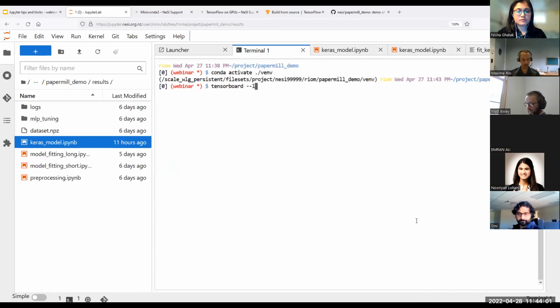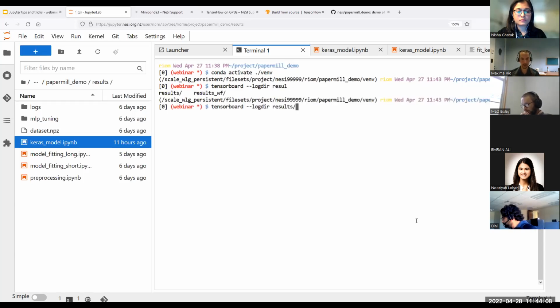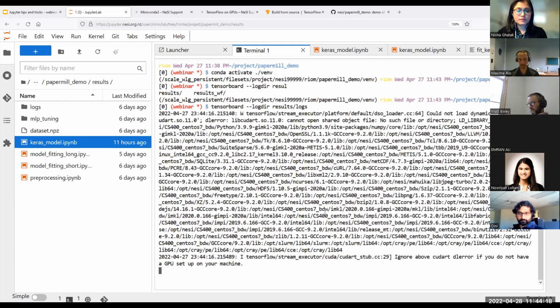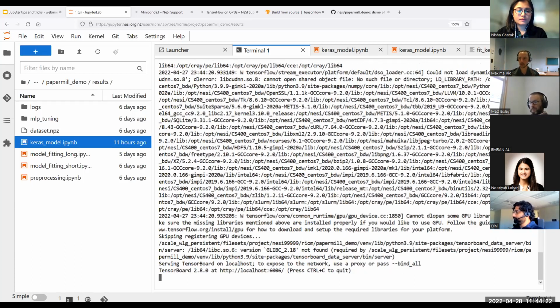I need to specify where the logs are that I actually want to display. In that case, they are in my results folder and logs. If everything goes all right, it should start, maybe complain with a couple of warnings, and tell me the port number it will be using. And then we can see how to craft the URL to actually access it. I hope it's visible for everyone, but here you see that it says I'm running on localhost, so the very same node where my JupyterLab session is running,